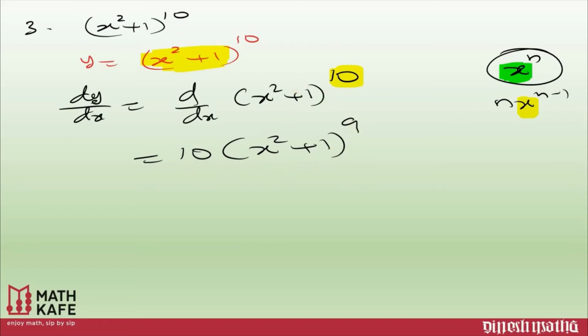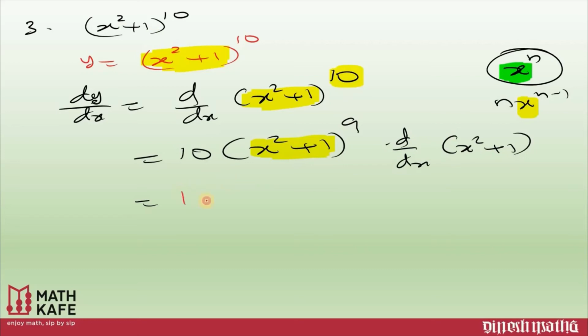And here if you observe, we have assumed this x square plus 1 as just an x, and we are done. So into d by dx of x square plus 1. We have treated x square plus 1 as a single x. That is why we applied the formula n into x raised to n minus 1. Push it down, take 1 away. And as this expression is not an x, you differentiate one more time.